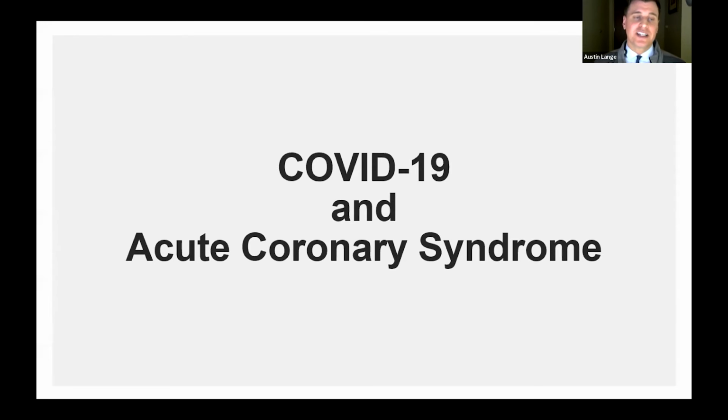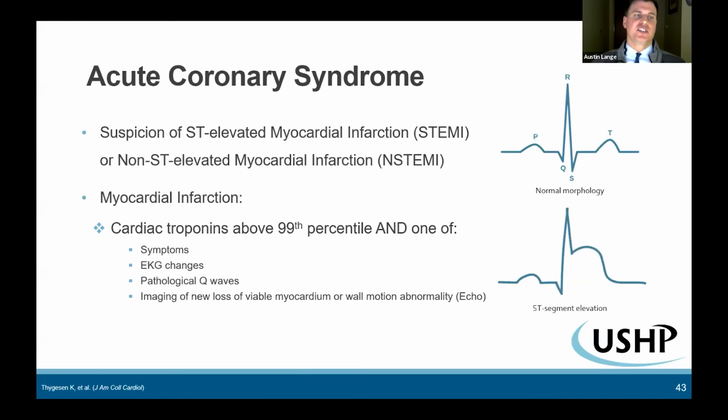Finally, here we'll talk about COVID-19 and acute coronary syndrome. So acute coronary syndrome is the suspicion of an ST elevated myocardial infarction, or what we commonly call a STEMI, versus a non-STEMI or non-ST elevated myocardial infarction. And we see the normal morphology of a heart wave here. And this is the ST elevation. So we sometimes call them graveyards or gravestones. That rounding of the ST here can be very pathologic,